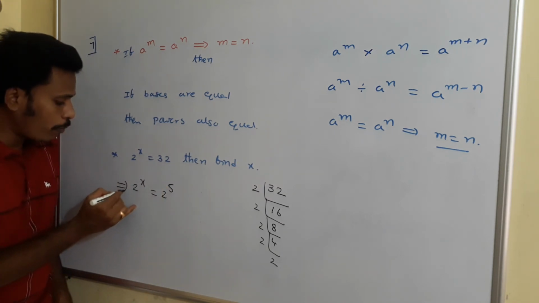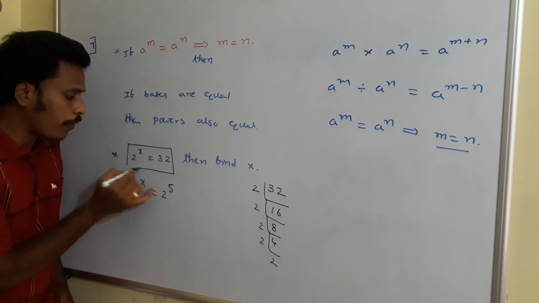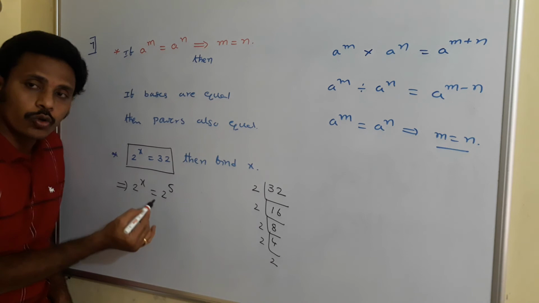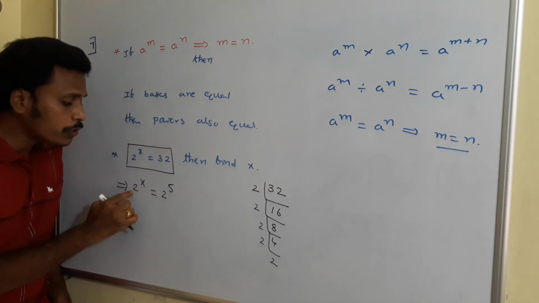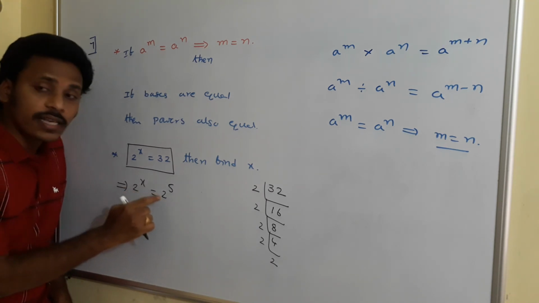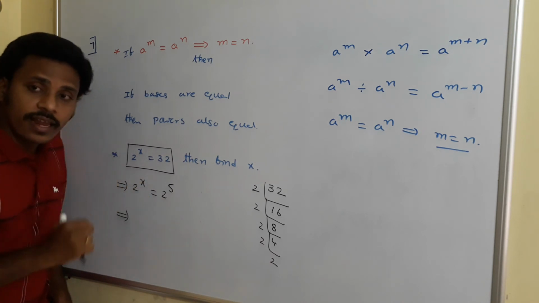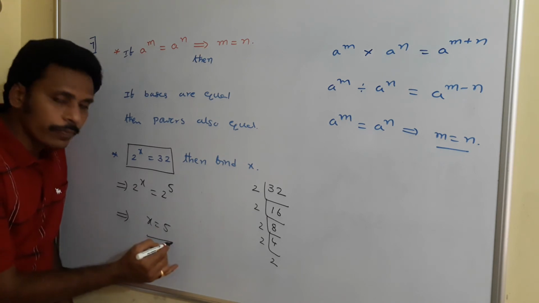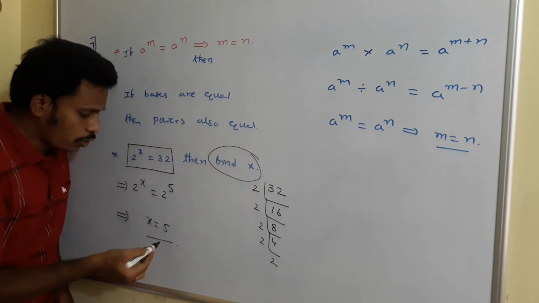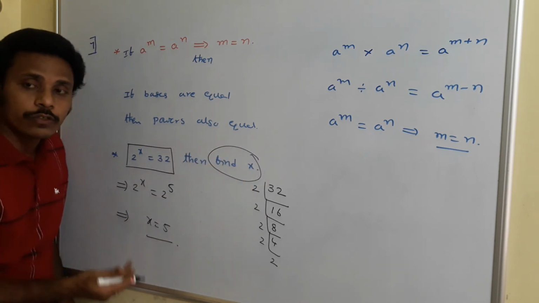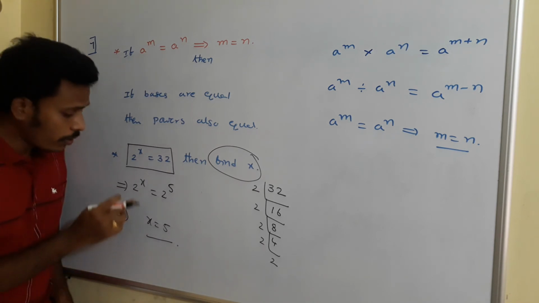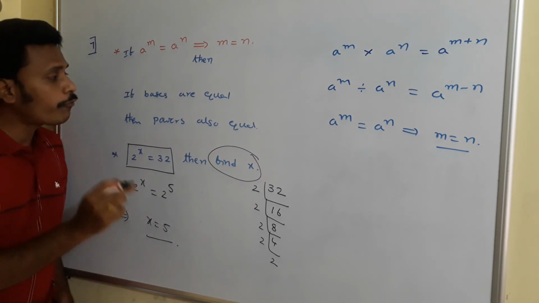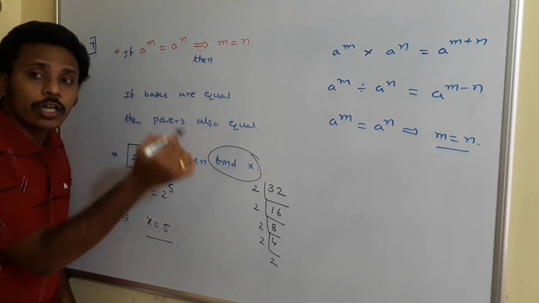Okay? The given equation is 2 power x is equal to 32. We have a chance to rewrite it like 2 power x is equal to 2 power 5. And if you observe these two sides, the bases are the same and the equality sign is there in between them. So we need to equalize the powers and x is equal to 5. The question is about finding x. So there is the problem, x value is 5. This is just because of having equal bases and an equality sign in between them. If bases are equal, then powers are also equal.